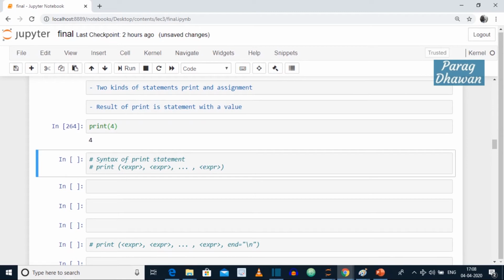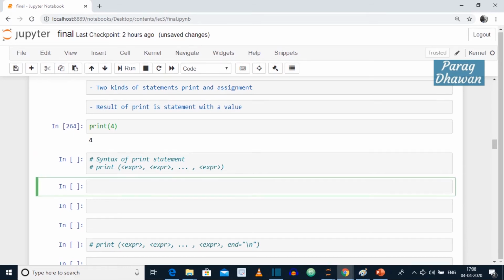The syntax of the print statement is print followed by opening parenthesis, expression 1, expression 2, expression 3, and so on. For example, print 3. In this case, we have only one expression inside the print statement.